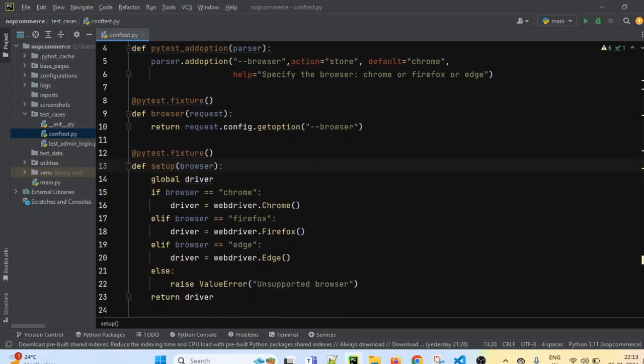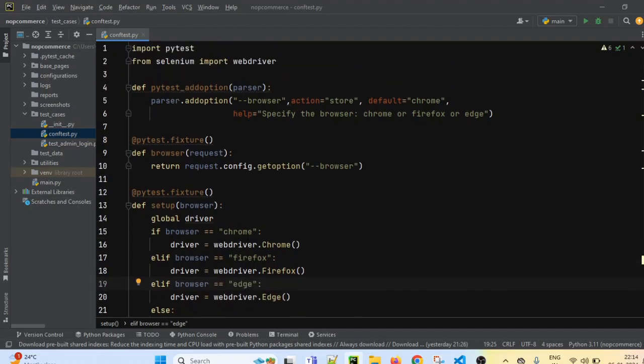In setup fixture, depending on the value received, if it is Chrome, it will create the driver instance for Chrome browser. If it is Firefox, it will create the driver instance for Firefox. If it is Edge, it will create the instance for webdriver.edge and return that driver. And if anything does not match the above input, it will raise an unsupported browser error. So this is the code which we need to add in our conftest.py file.